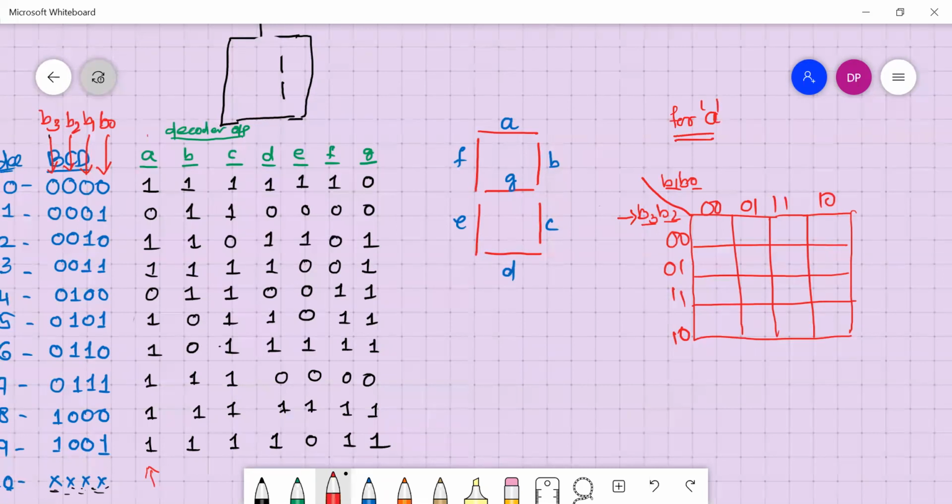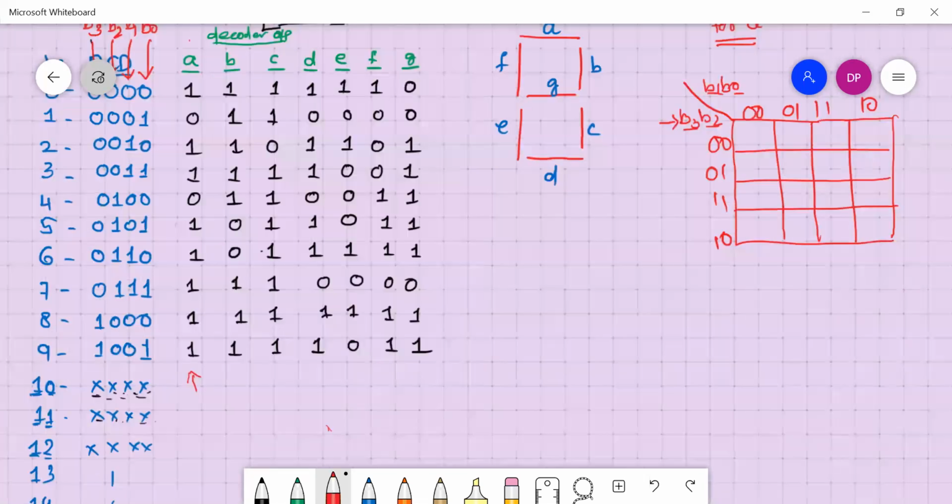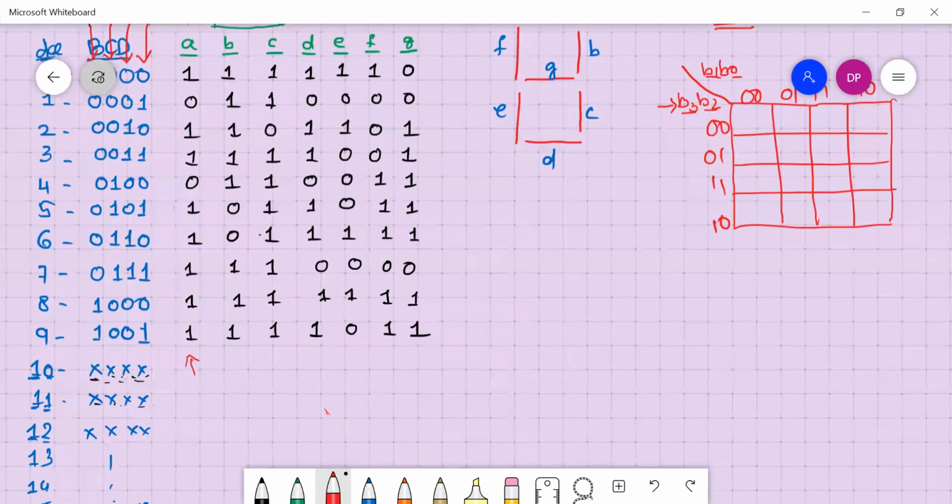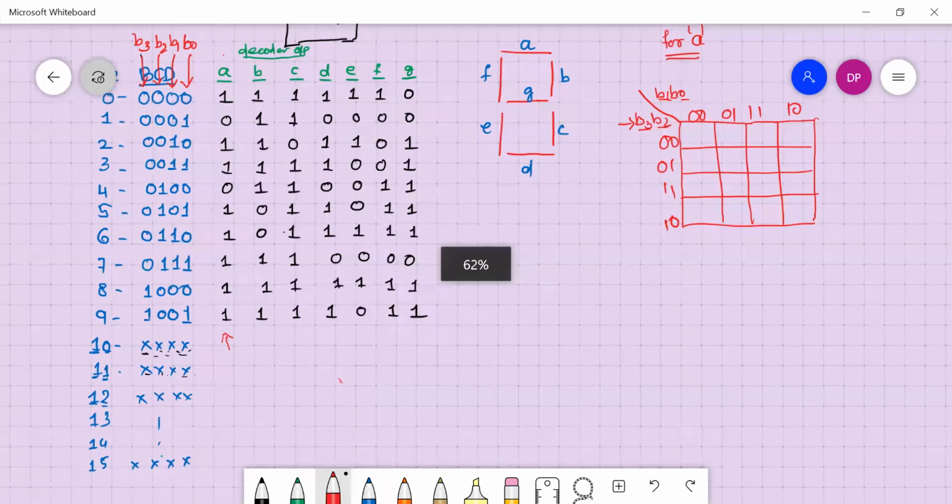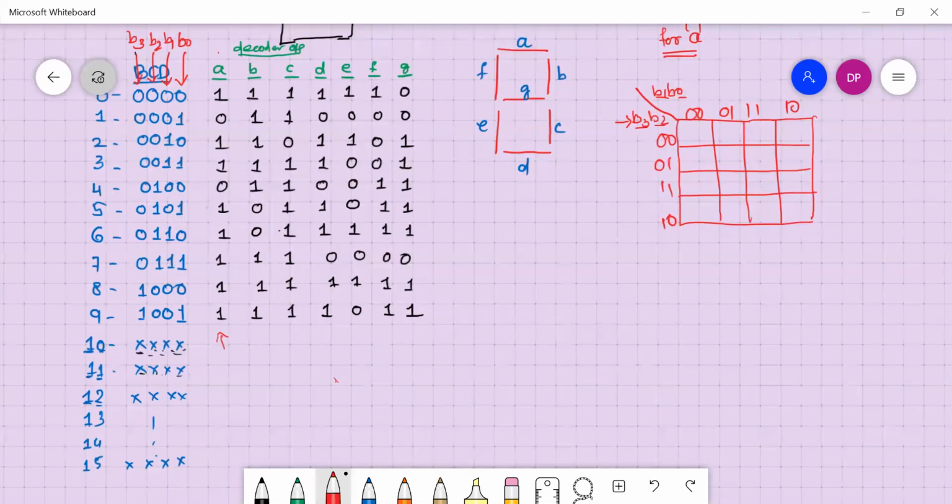Small a means where small a is having 1. Okay. Collect first all those values and fill it in the table. Right. So this table consists of how many fields? 16 fields, isn't it? So our table also consists of 16 fields. That is 0 to 15. You can see 0 to 15. Whereas I told you to take don't care for these all. Right. These all will be don't care. Okay. Everywhere, all 10, 11 up to 15 will be don't care.